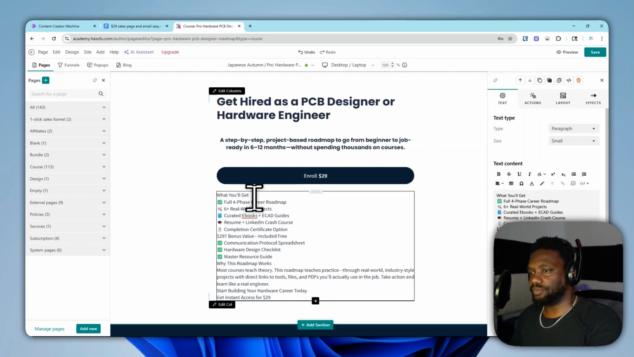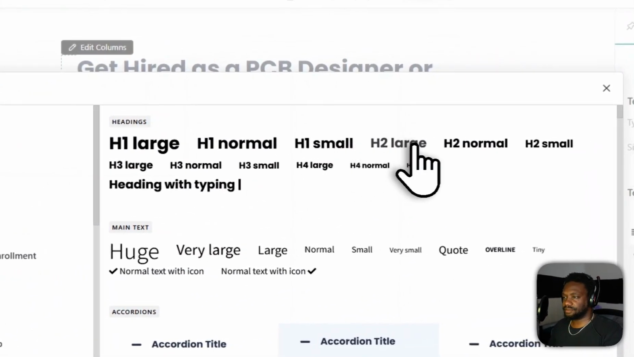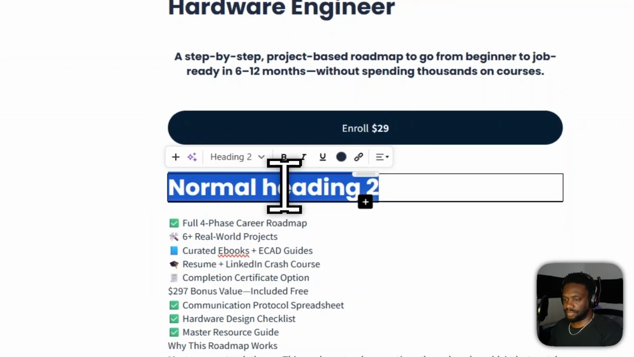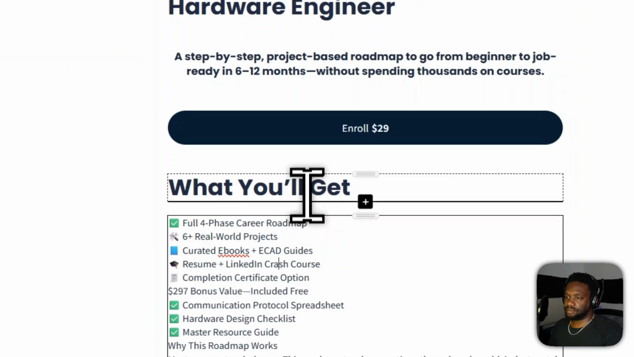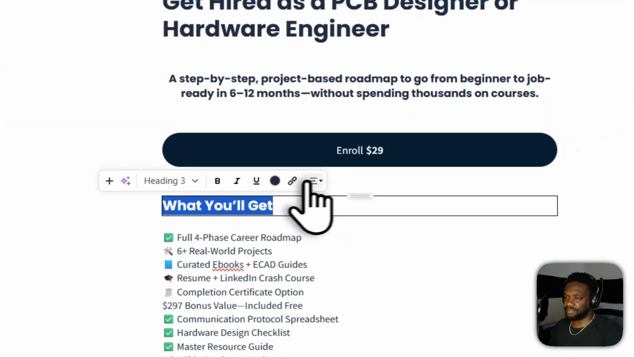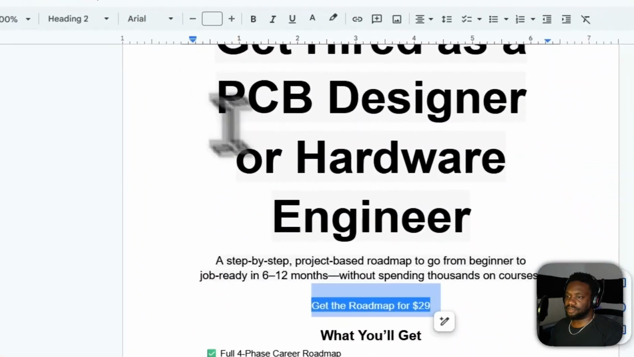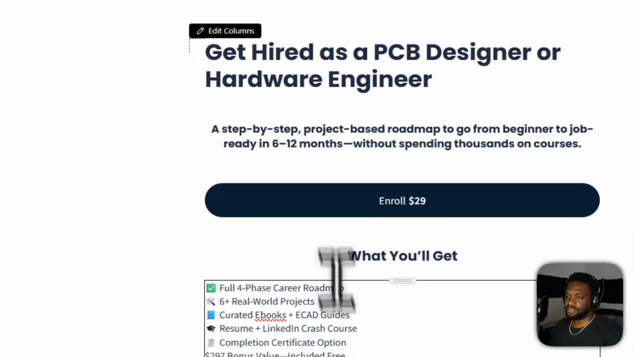Then you put in what you'll get, right? So you can add text, H2 normal, cut that, paste. I might change this to heading 3. So I like that the heading is right in there. You can align center. And then what you'll get, this stuff in that checklist,